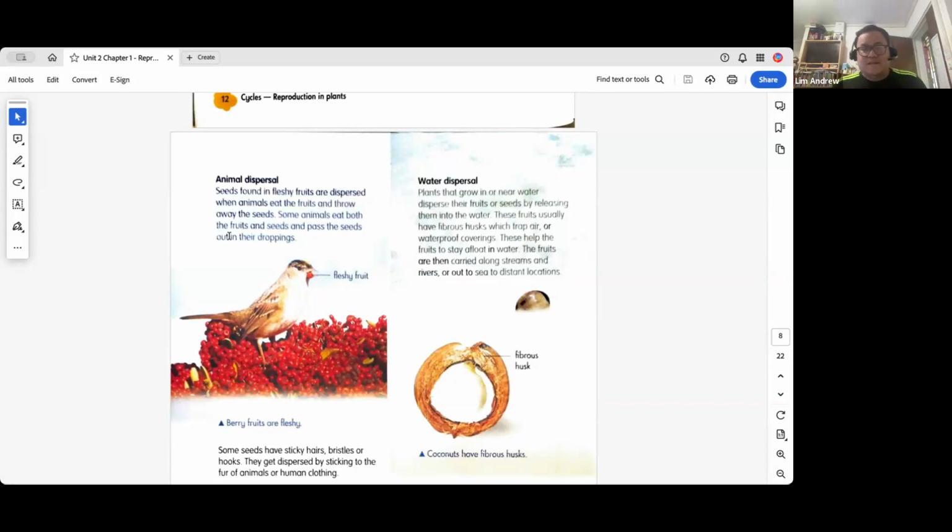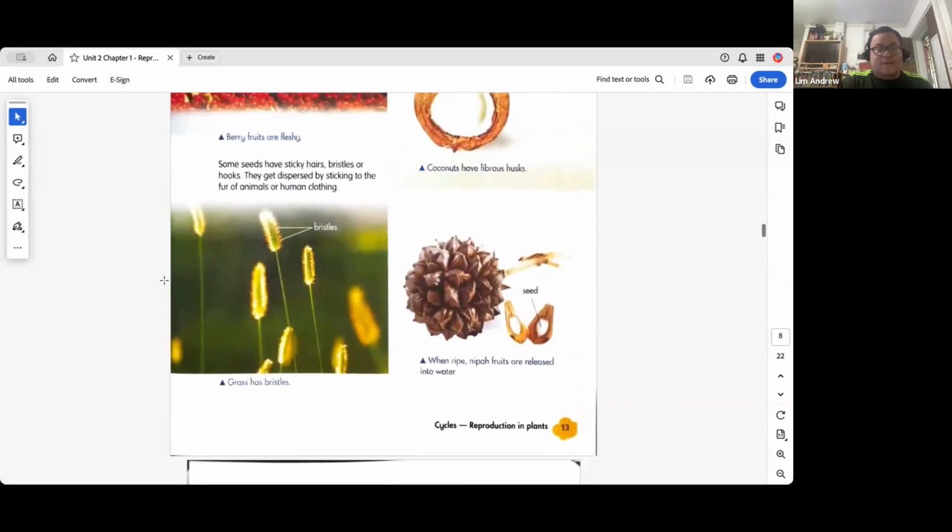Next up, water. How does water help the plants to disperse their seeds? Well, some plants, like the coconut, grow in or very near water. So when the coconut drops from the tree into the water, the water will basically carry the coconut to a new location for the coconut to grow. That's how water helps some plants in dispersing their seeds. All right. Then we have